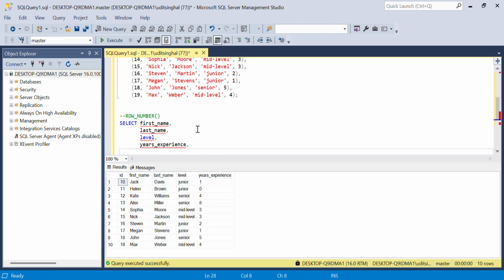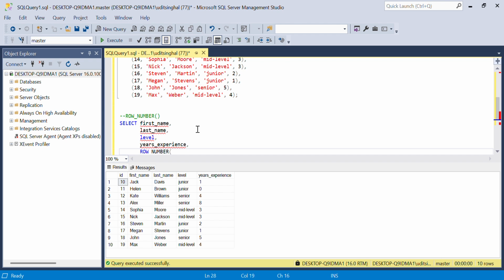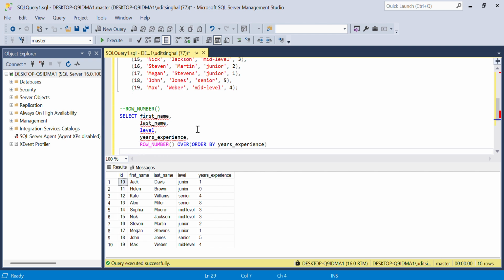So we can write this way: row number over, then order by years experience, and then from, and the name of table is employees. So this is our query, and if we execute this query,